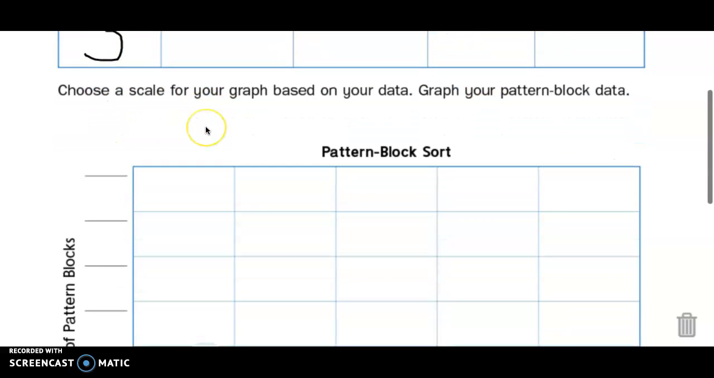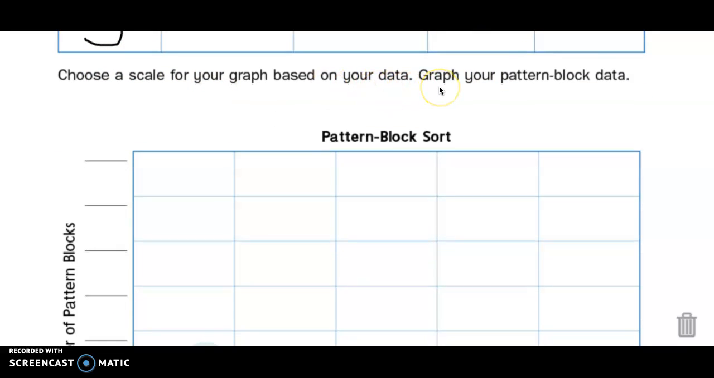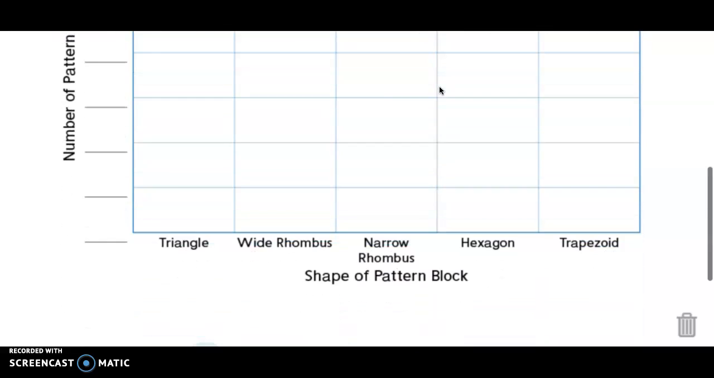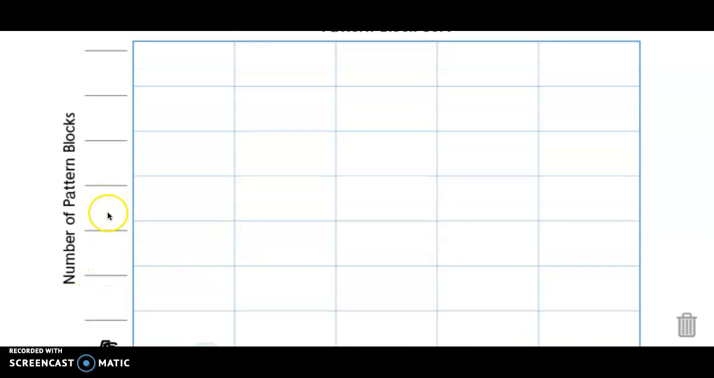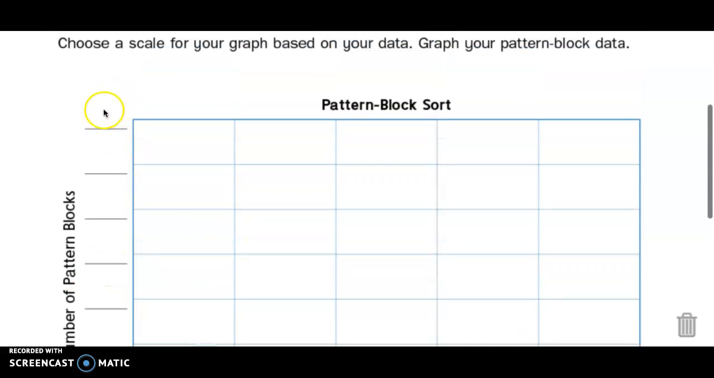It says choose a scale for your graph based on your data. Graph your pattern block data. So bottom's going to start at 0, right? This very bottom line right here represents 0. Triangle, how much do you need to go? I see you have 1, 2, 3, 4, 5, 6, 7 lines because that last one is going to be